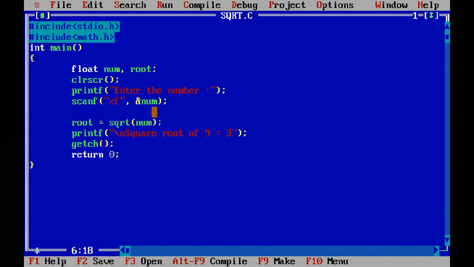Now you see here, we were dealing with a number num. Since num is a float type, we have used %f with scanf, comma, ampersand num. Then this statement simply calculates the value of the square root, and whatever value you get will be stored in the variable root. Here we have only two printf statements.